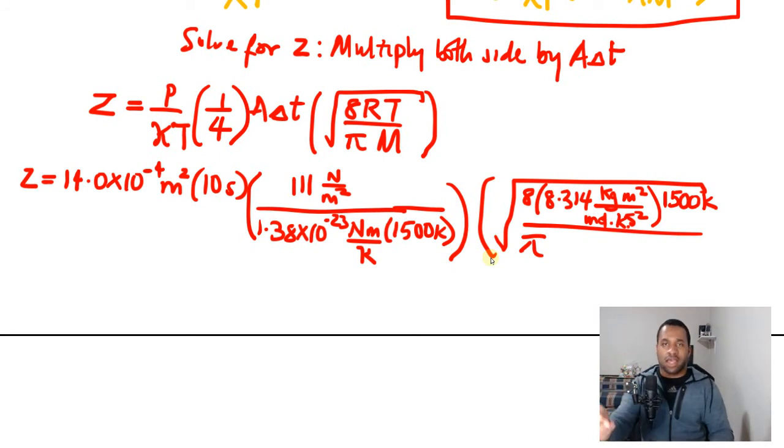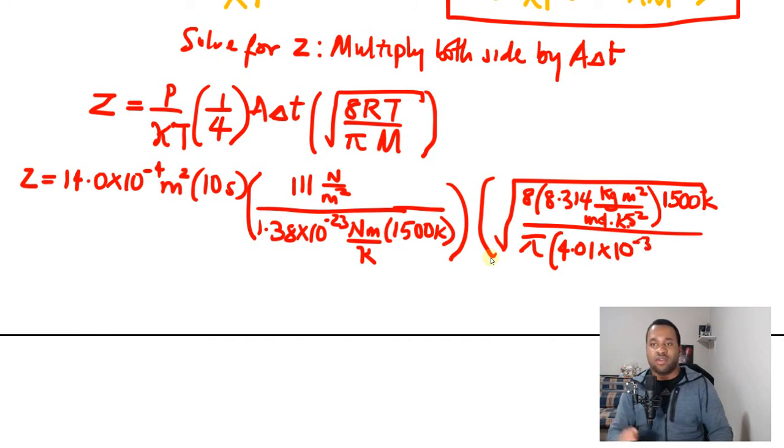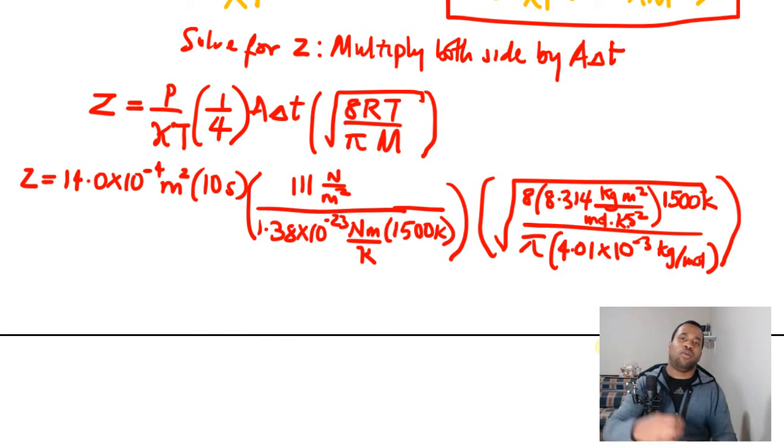specific molecular weight, in this case the atomic weight of helium, and therefore we know this value in kilograms per mole to be 4.01 times 10 to the negative 3. Take note that this is in kilograms per mole. So once you have this taken care of, we are going to evaluate the unit and also evaluate the constants